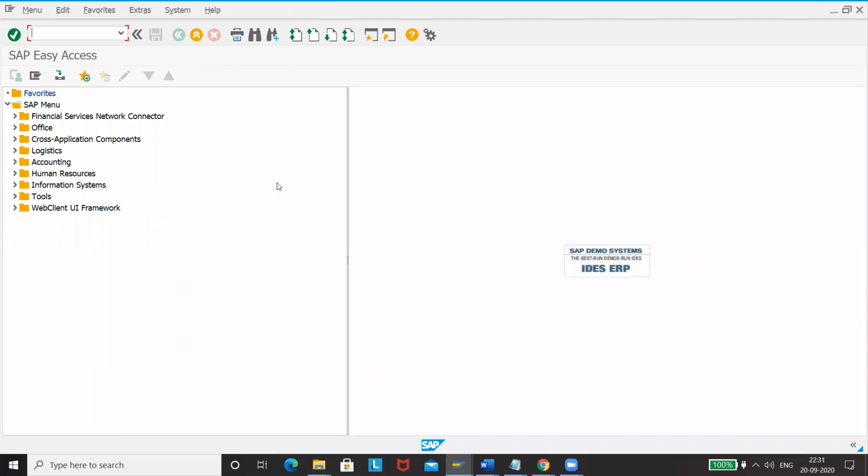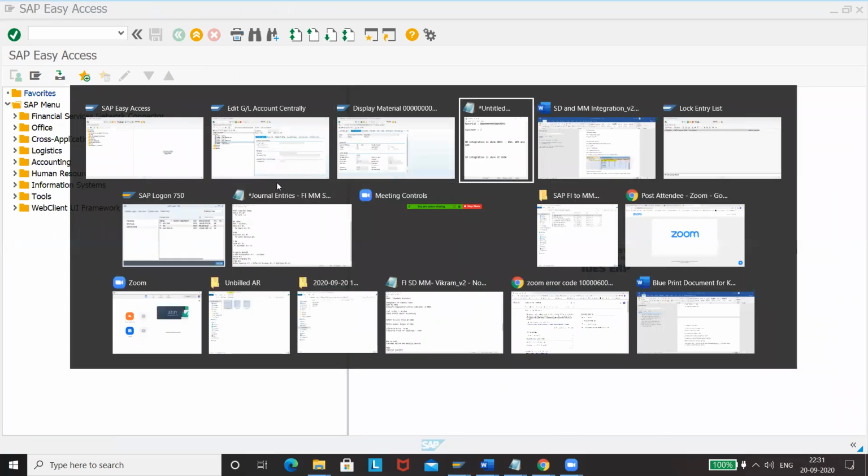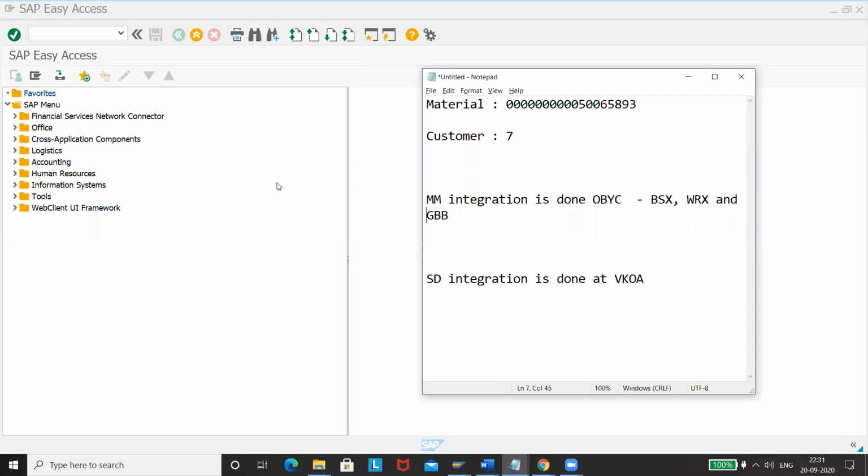this is as part of integration. What have I done? I have given these accounting keys. So what are these? This is for BSX. BSX is whenever there is stock account coming, we are going here and maintaining settings. Means we have taken valuation class. Our valuation class is 3100. Whenever this raw material trading goods is coming, then you have to debit the stock account, and whenever it is going, you have to credit the stock account.